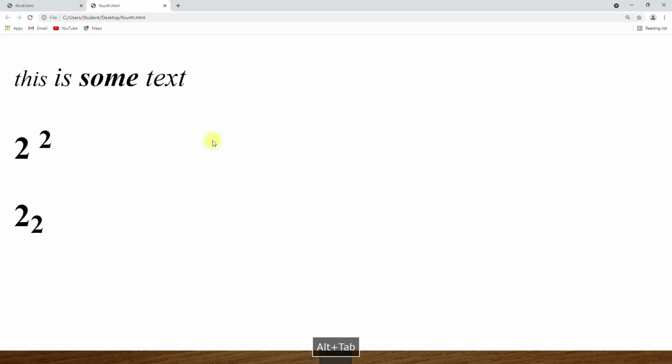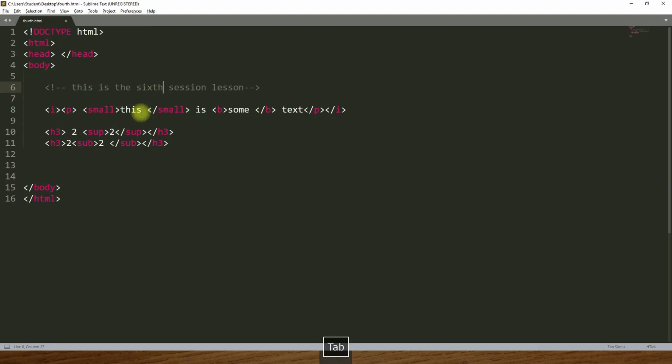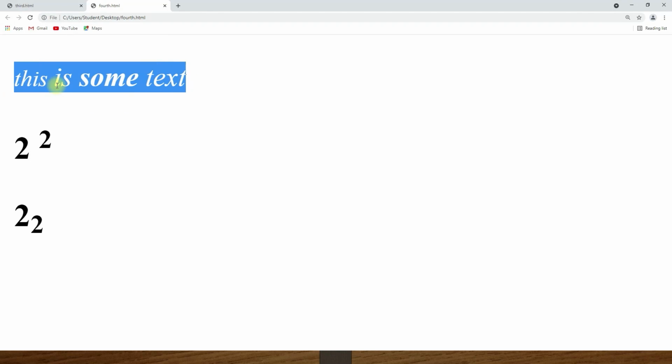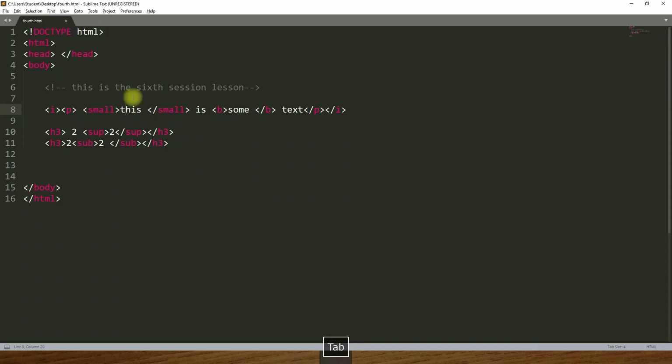Users only see the result of the code. So users can't see anything. Look, right now we have this text above this text, but in here, do we have any text above this text? No, we don't. That is the usage of